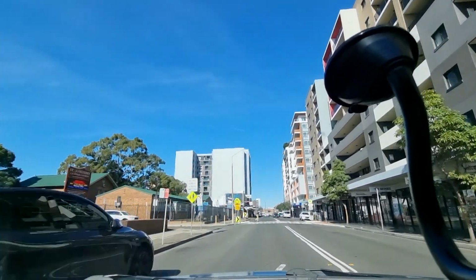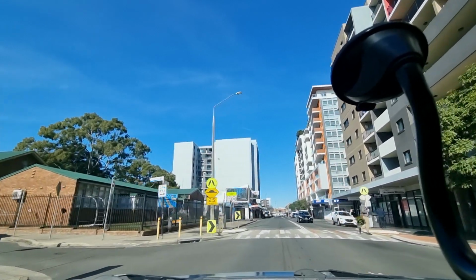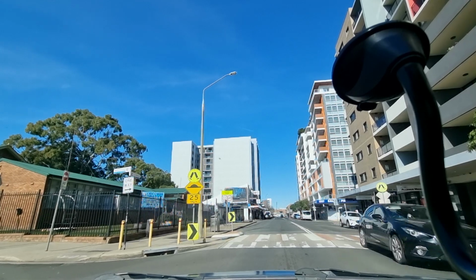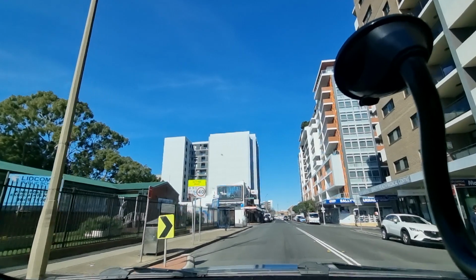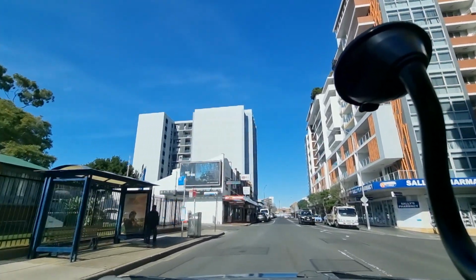So I can see someone is crossing ahead. So look with your blind, you slightly press the brake. You need to stop completely, guys, until the pedestrian has cleared the pedestrian crossing completely. All good? Make sure the speed is less than 25 kilometers, guys. If you go more than 25, you lose a point. Now continue straight ahead. And one more thing to remember, guys, when you drive close to the shopping center, speed